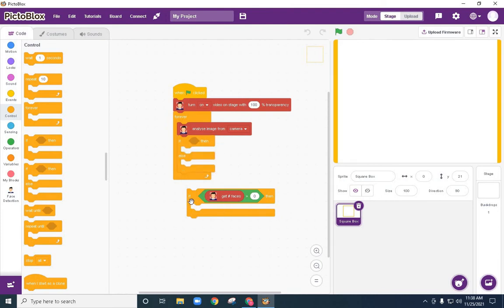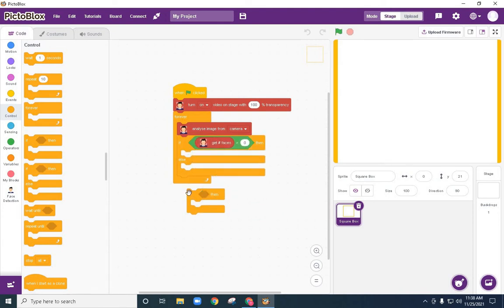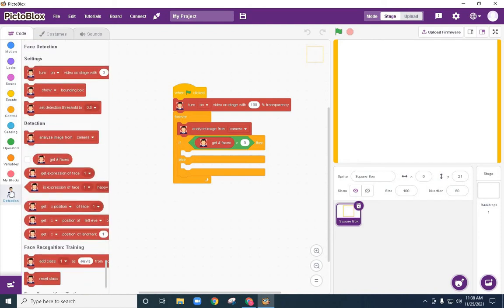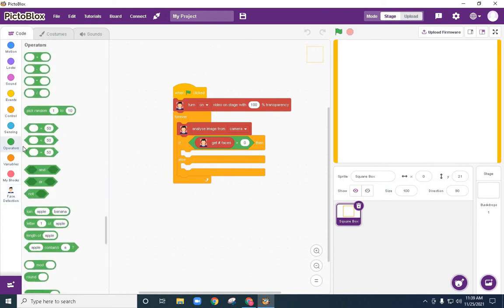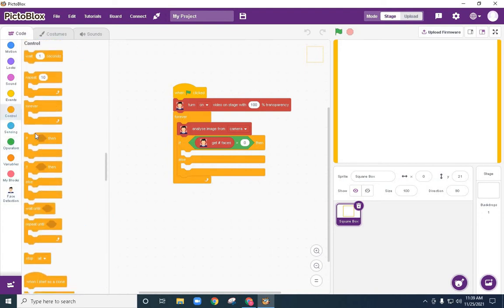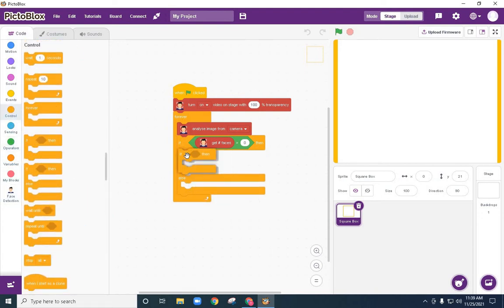We can use if also, but if no face is detected, it will not display any message. So better option is using if else. So if it is there, in that case we have to just find out what expression is there.